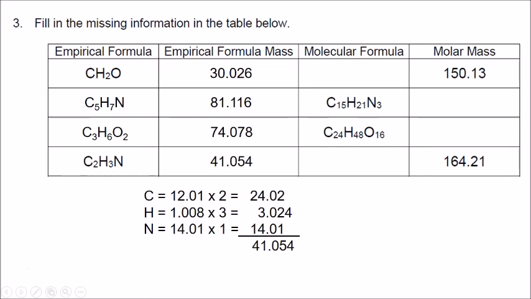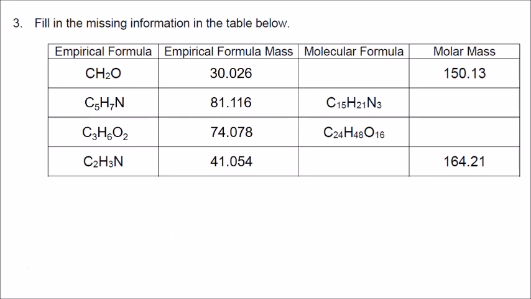So the next thing we're going to do is take a look at the relationship between the empirical formula mass and the molar mass, or we can take a look at the relationship between the empirical formula and the molecular formula. What is the multiplier that will help us fill in the blanks in this table? Well, for the first example, to get from 30 to 150, that is going to be times 5. So therefore, we take CH2O and multiply each of the subscripts by 5, which gives us a molecular formula of